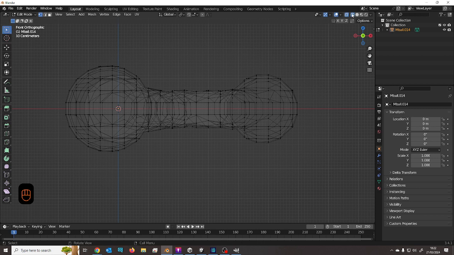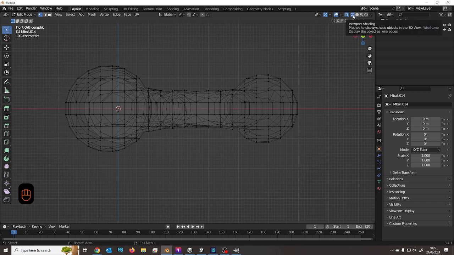So these 4 buttons, if you hover over them, it tells you what each one is. This one is wireframe. This one is solid, which is just basic white with no materials. This one is material preview, which allows you to see the textures and stuff that you've put on, but it's not like the final render. And the last one is rendered mode. I'll go into rendered mode a little bit later on,